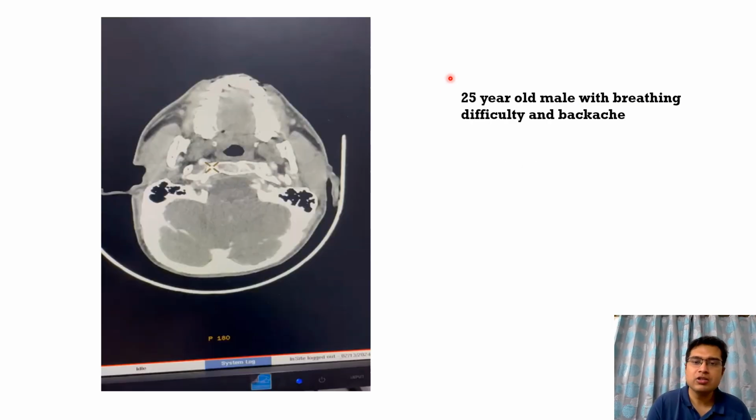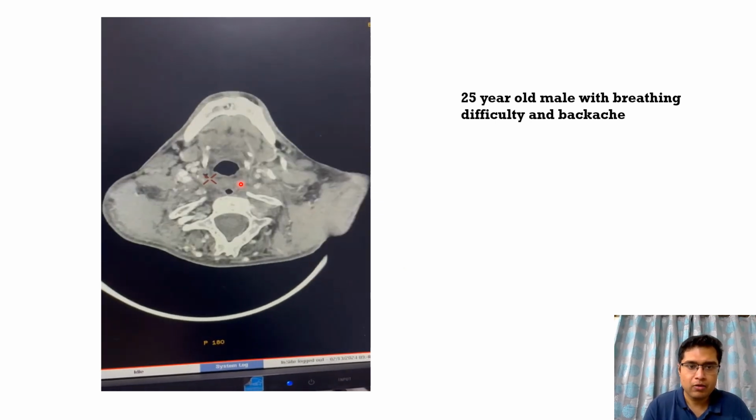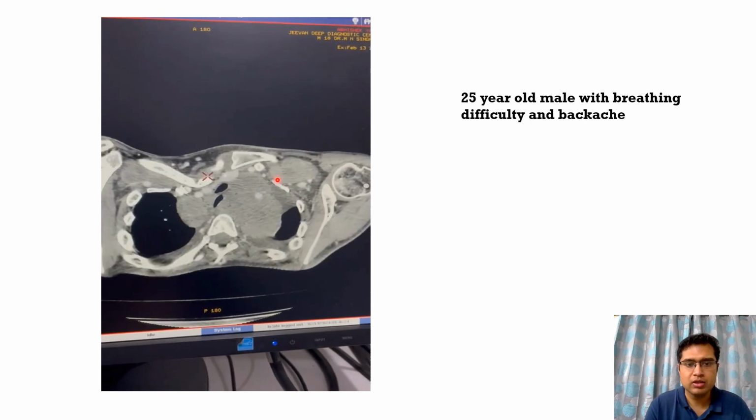So coming to our next case, a 25-year-old male with breathing difficulty and backache. This patient actually came for an MRI of the spine. I saw a mass lesion in the mediastinum and advised a CECT of the thorax for this patient. So this is the CECT axial section of the thorax, where we can see large lymph nodes in the axilla